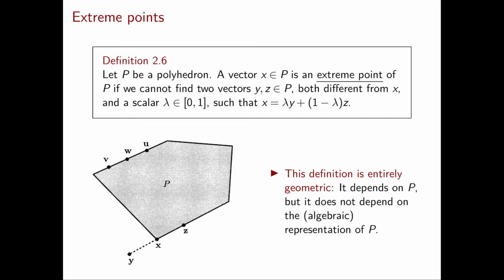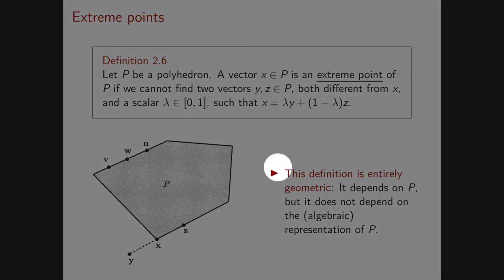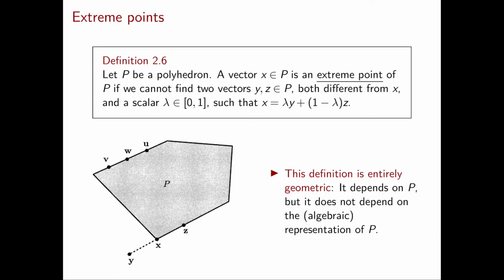However, you can add to this system, for example, another inequality. Let's say you take the half space on the left of this vertical line that I'm drawing. Then the polyhedron P doesn't change at all, but it's defined with one more inequality. And you can see that in this way you can add any number of inequalities that don't change at all your polyhedron P.